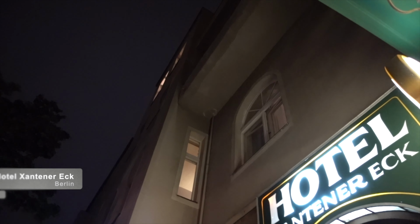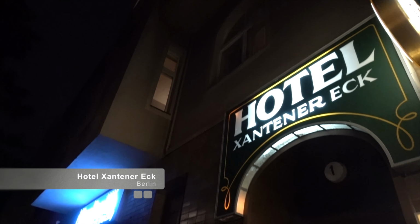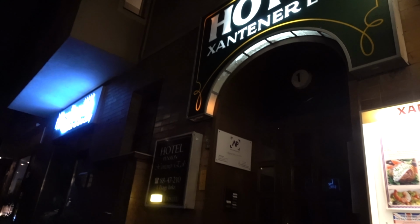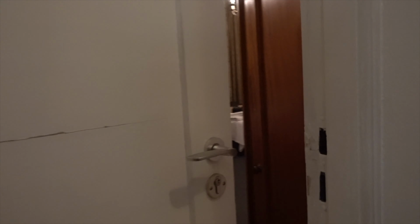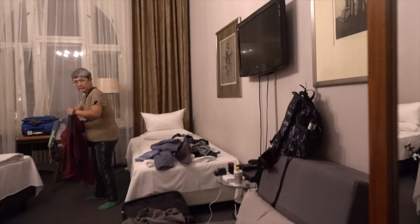All right, and we are currently checked into our hotel here in Berlin for the first night. Second night's gonna be at a Courtyard. This first night is at a random hotel. It's called the Hotel Xanter Pension, and we just checked in because it's getting real late, real dark, and we